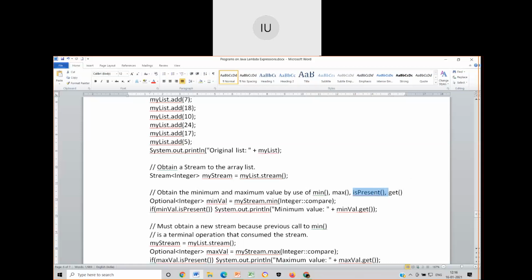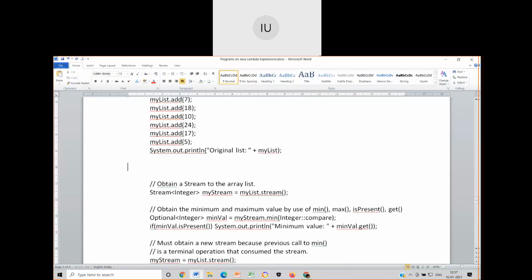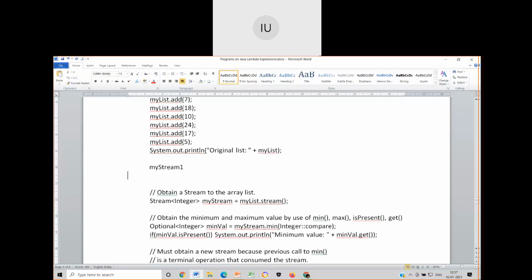If I want to check the presence of that particular value, then you can write it like this. One minute, I'll just go up. What I have done is I have created a stream by the stream class, say my stream 1. Now what I want to do is check whether a particular value is present or not.